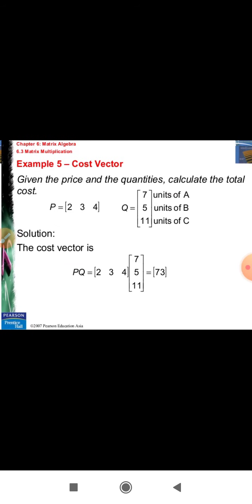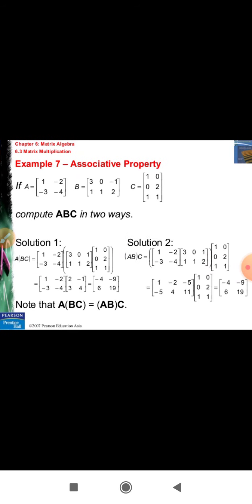In the same way, 1 is multiplied with 0, 3 is multiplied with minus 1, 0 is multiplied with 1, again adding we get minus 3. In the same way, 1 is multiplied by 2, 3 by 3, 0 by minus 2, and adding these we get 11. Next row, minus 2, 2, 1. Minus 2 is multiplied by 1, 2 by minus 2, 3 by 2, and adding these we get 10. In the same way, you can calculate the multiplication of such matrices.